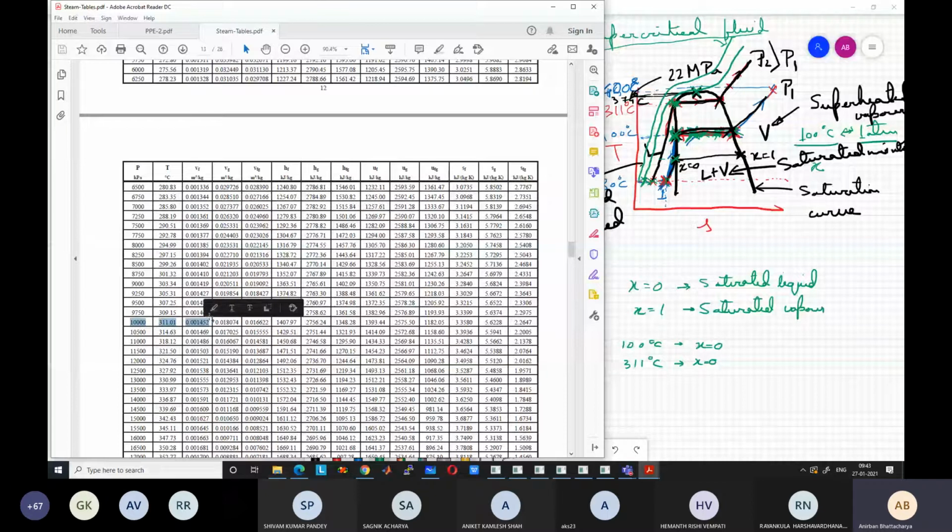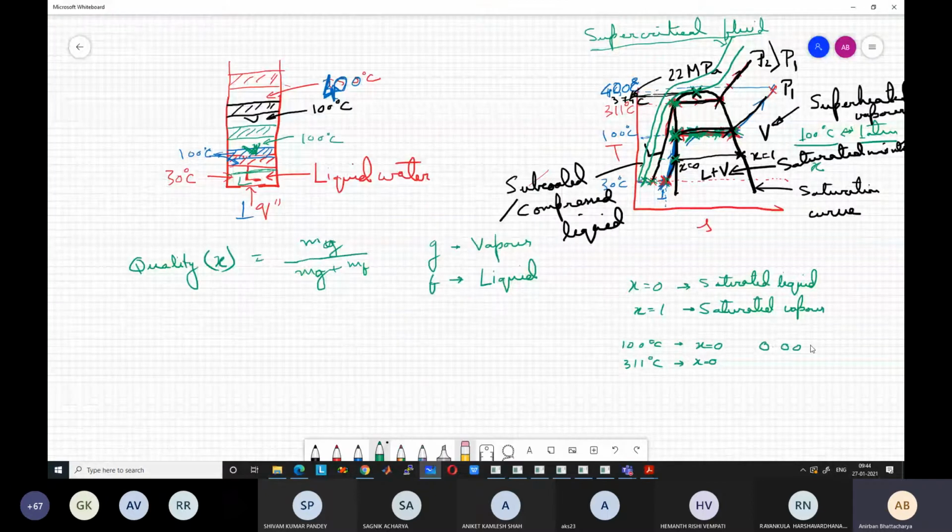It means that the volume of the fluid is higher at higher pressure and temperature at the saturated liquid point. Why is this volume higher? Because the liquid molecules have higher energy, they are moving with larger energy about their mean position. Their movement is larger and as a result the specific volume is higher for that condition. Because they are moving with larger energy, their entropy is higher at that point. Although both are in the liquid state, the specific volume at this point is higher and the energy of the liquid molecules is higher.